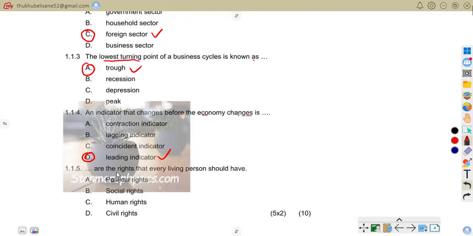1.15. Dash are the rights that every living person should have. We are given political rights, social rights, human rights, civil rights. So the correct answer is human rights, meaning C is the correct answer. These are the basic rights and freedoms that all people are entitled to. For example, the right to life, the right to education. So now let us move on